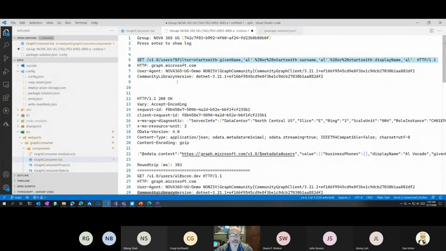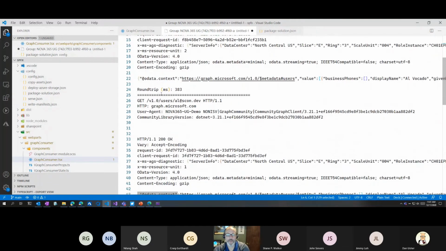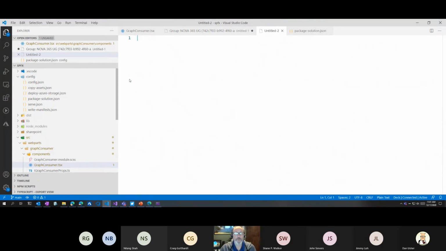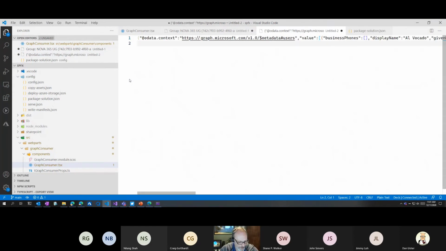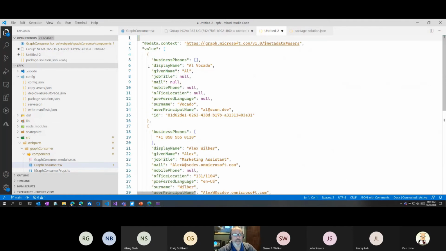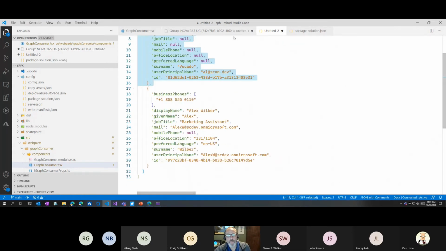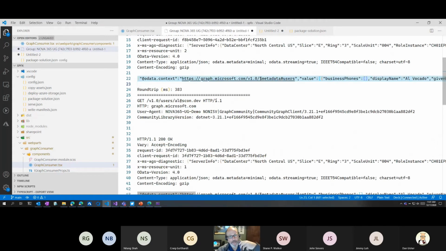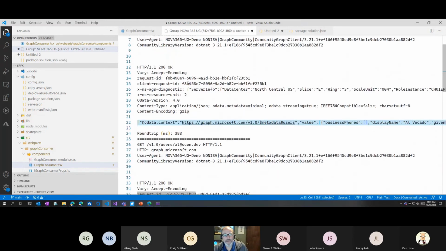It made a call, and the response is this bit right here. So let me copy that, and I'll put that here, and I'll say that this is a JSON file and format it so you can see it a little bit better. And the response then comes back with a JSON array, and here's the first one, that is Al, and the second one is Alex, right? And so because everything happened, now I'm not showing you in my log the access token, but that's the idea. That was the first call that was made.